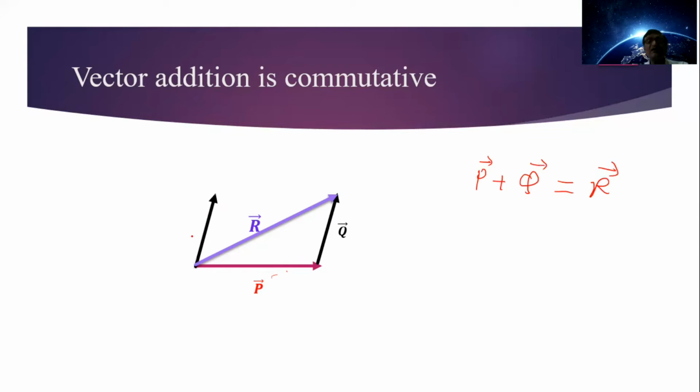Now we can draw another vector, Q vector, like this, which is parallel to this one. These are equal in magnitude and parallel to each other. Therefore, these are equal vectors. That is, this is the vector Q. We can similarly draw the equal vector for P vector, which is also denoted as the P vector. Then we write Q vector plus P vector.